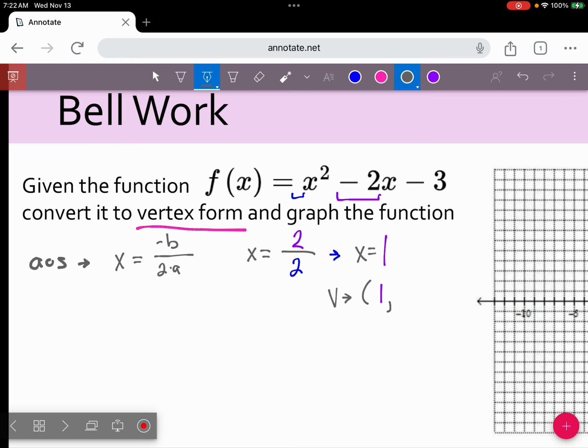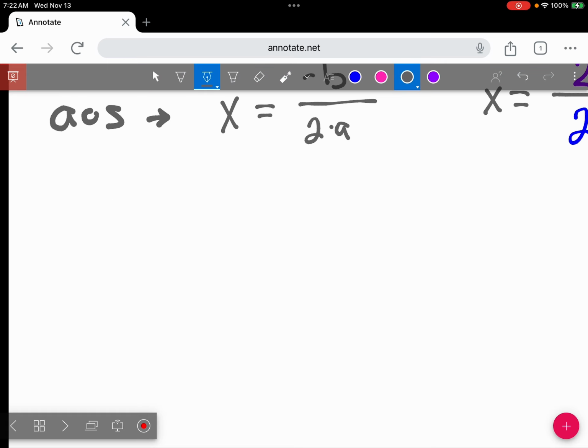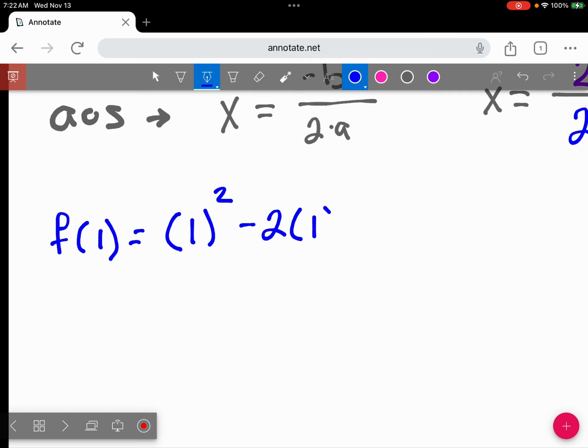To find our y value, we substitute it in. We're going to take our f of x, which is our y. We're going to substitute 1 in place of the x. That's what this is. Now, I wouldn't use this notation a bunch in here, but that's what they're doing. We're substituting 1 in place of the x. So we're going to have our 1 squared minus 2 times 1 minus 3,